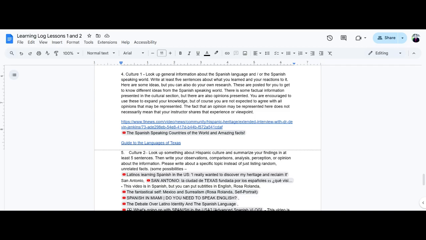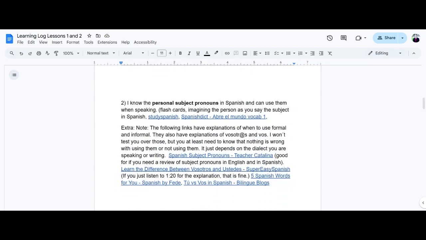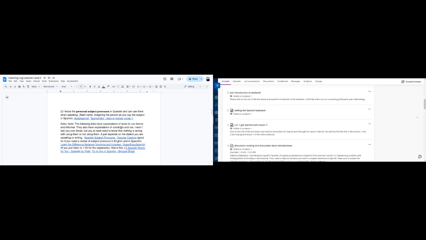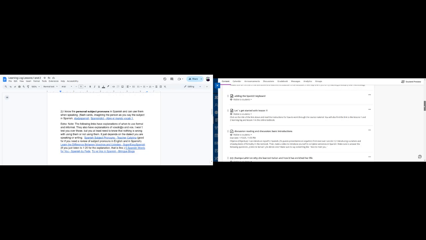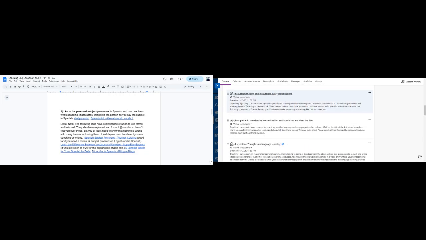Okay, so there's the learning log, and the way you use it with the textbook and everything. Well, let's take the next step in Blackboard. Let me see. Go back to sharing that page. Okay, so this kind of explains how to work through them together, and I'll let you read over that, basically what I said, but maybe in a little bit different words. You have a discussion here, and